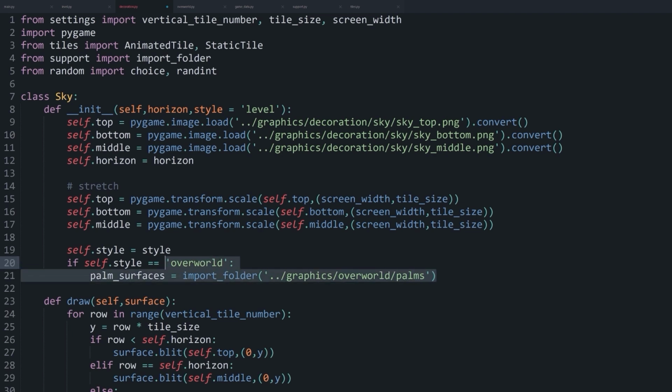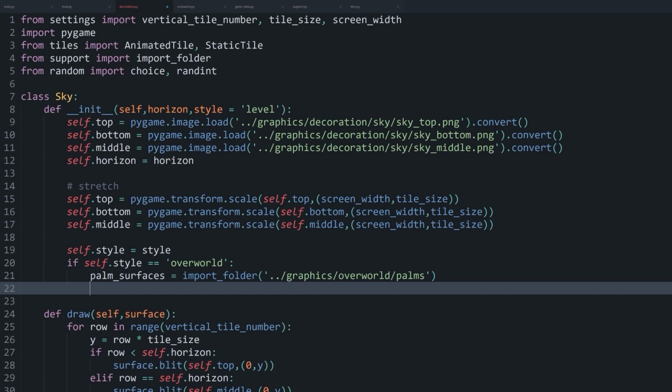Now I have a couple of palm surfaces. And all I really want to do is pick a couple of random ones and then place them randomly on the screen, and then save the rectangle and the surface in a separate list. And well, let's go through it. So first of all,